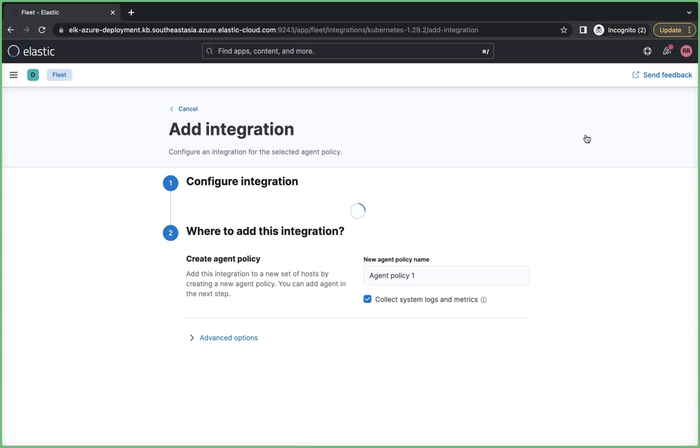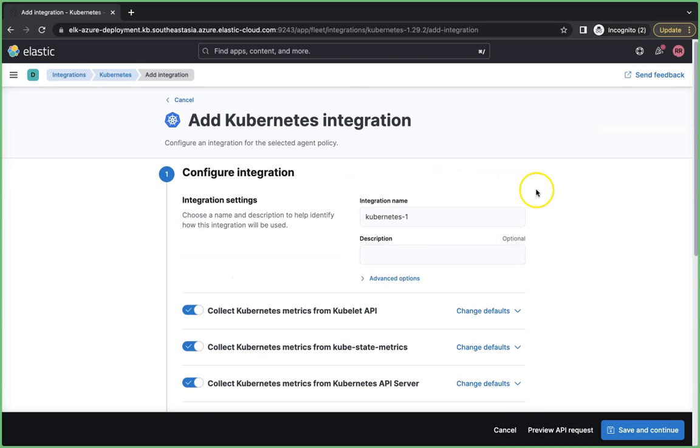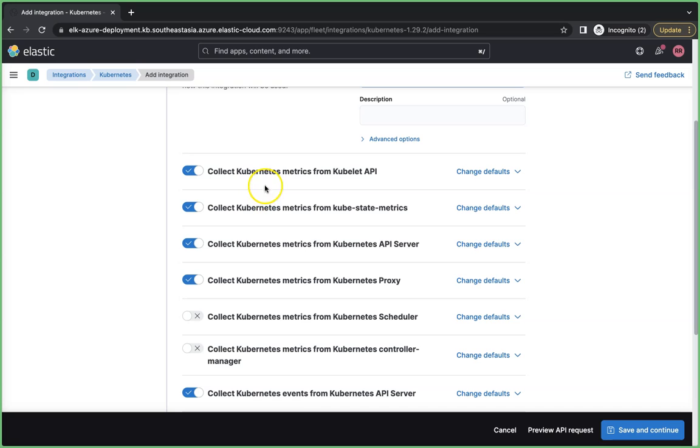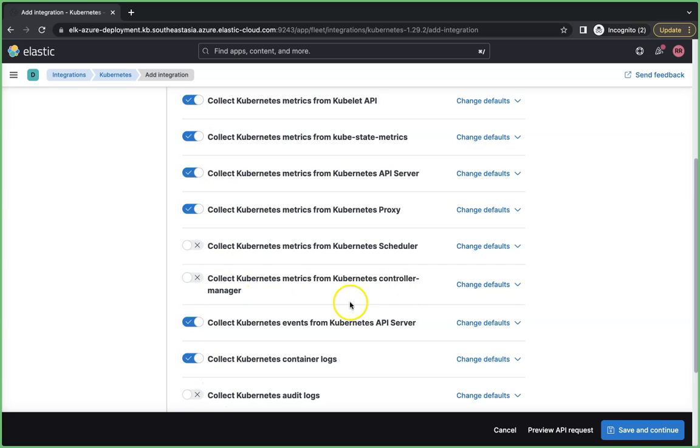Just click Add Kubernetes. Once you come to Add Kubernetes, there is the integration name. I'm calling this particular integration Azure AKS or something like that, your favorite name. Just giving that input. And if you see this, collect Kubernetes metrics from the Kubernetes API and Kubernetes metrics, these are all enabled by default. Remember one thing,